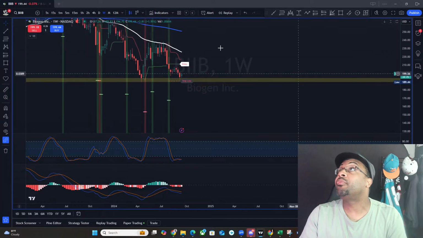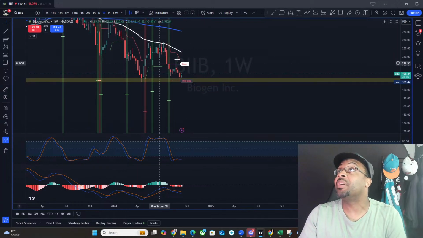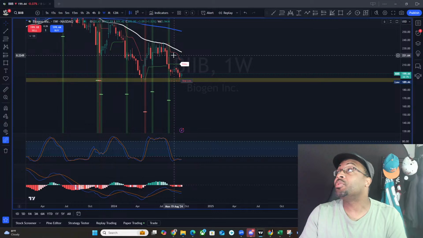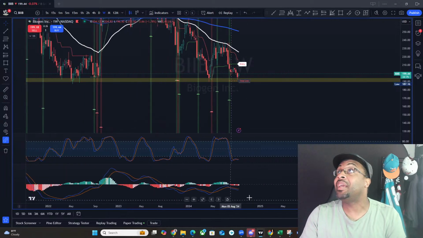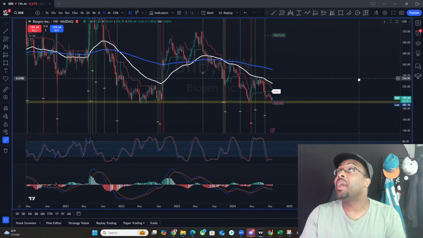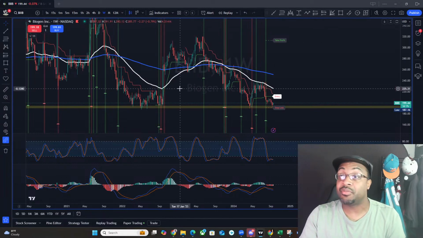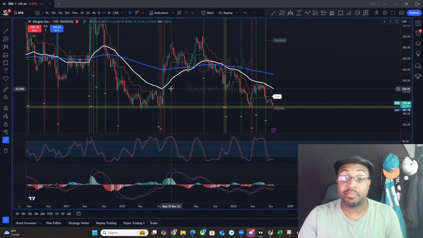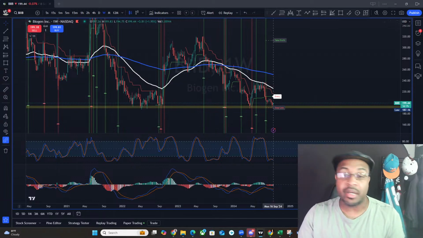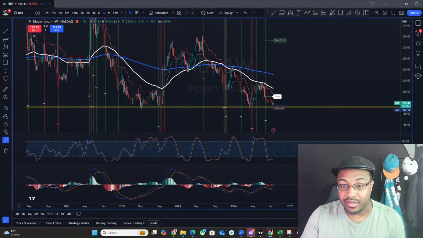I would love for it to get into this toppy area where it got real deep into the order block. So we're talking about 220 to 230 to 240, somewhere around there. Last time it came to this level, we had a nice little bounce here, and this thing shot up to like 320. So we'll see if it can repeat itself again. But you know, we take the cards that are dealt. You know, slowly, but surely.